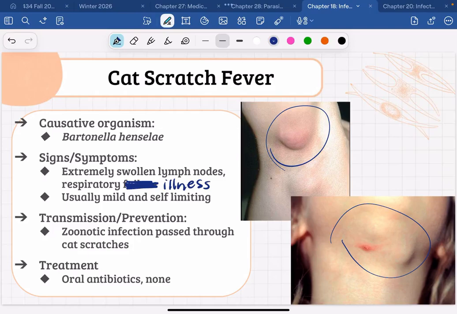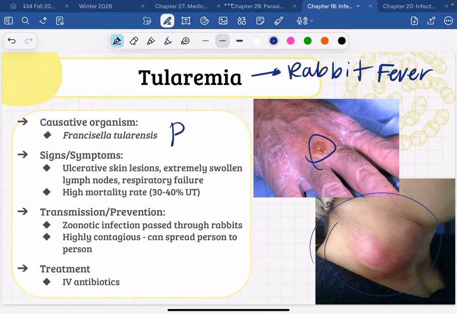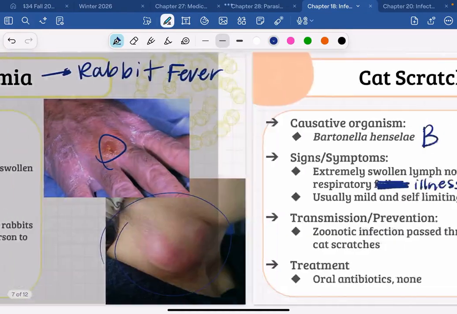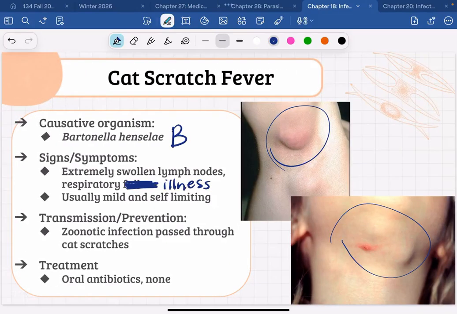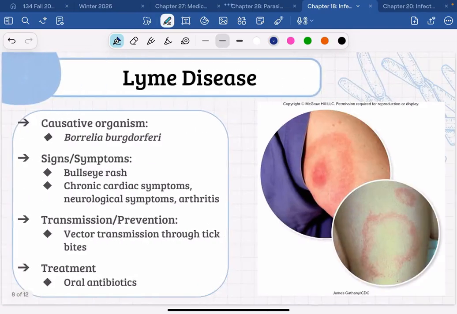Okay. So those are illnesses that are similar in some ways, but very different in others. And cat scratch fever is also caused by bacteria. I can't remember if I said all these. These are all bacteria. Francisella tularensis is a bacteria, and Bartonella henselae is also a bacteria. I tried to group them together. All right, I think our last bacterial illness, pretty sure.